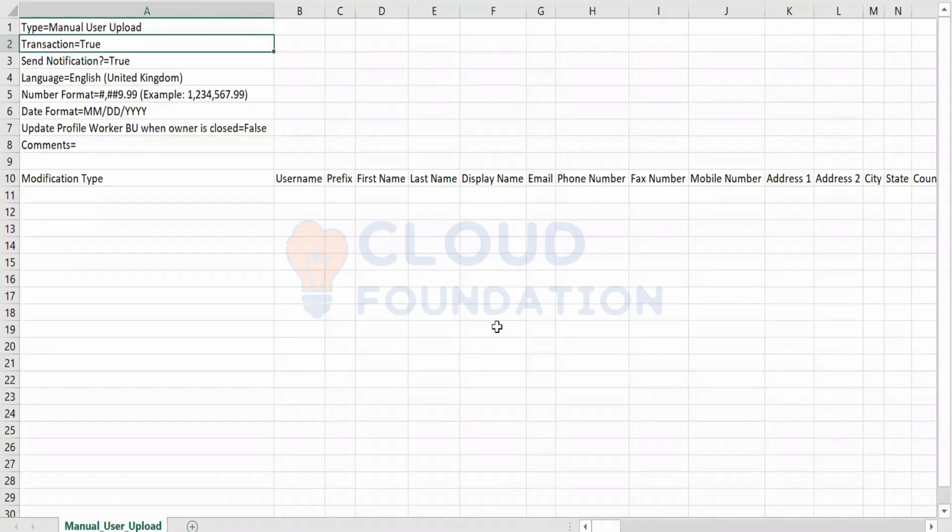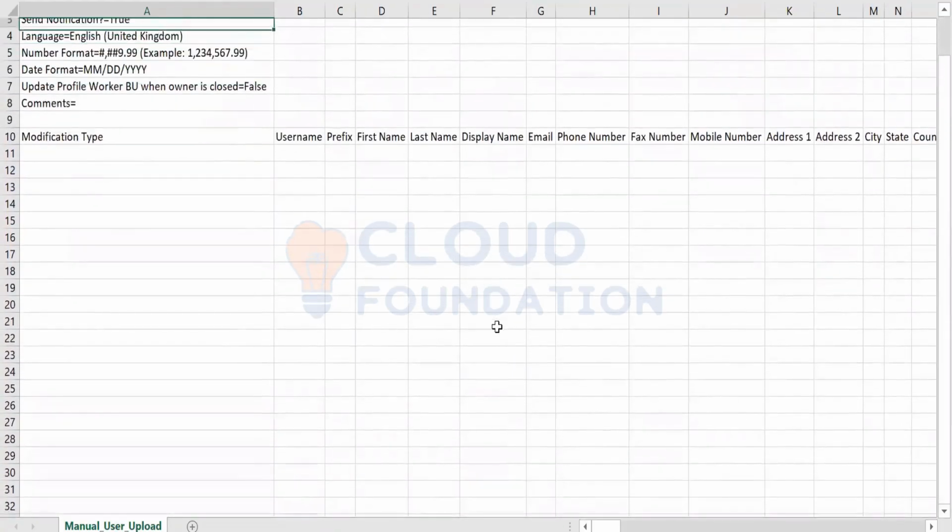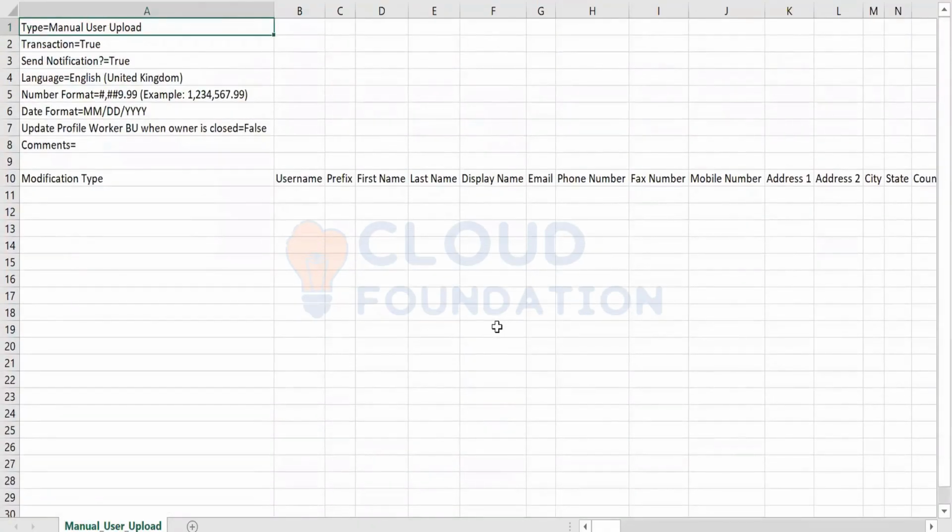We can have numerous data entered here and upload it. Post uploading, the system processes the data. We have set the transaction as true. As long as the complete data set is correct, it's going to process, and if there are any errors, it's going to throw stating that there are many errors. We need to take out the error file, fix the data and upload it.